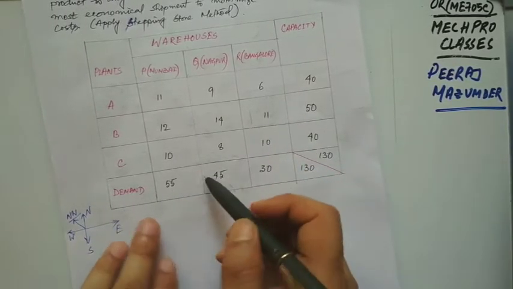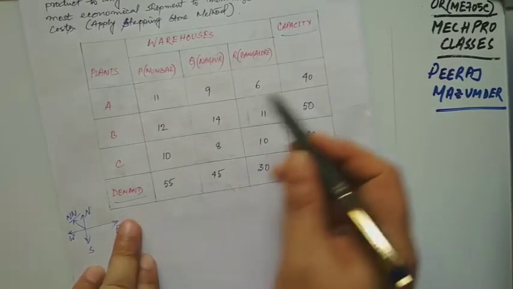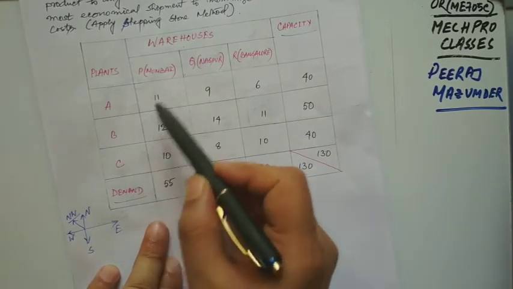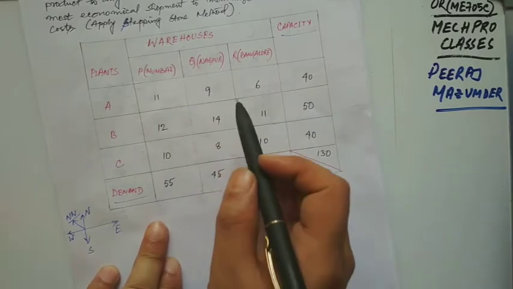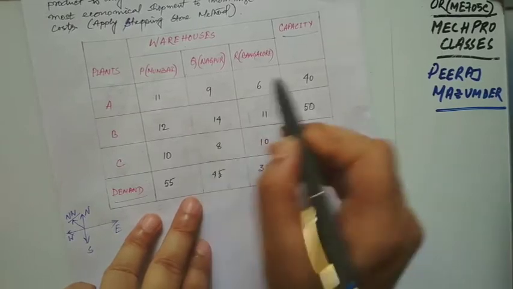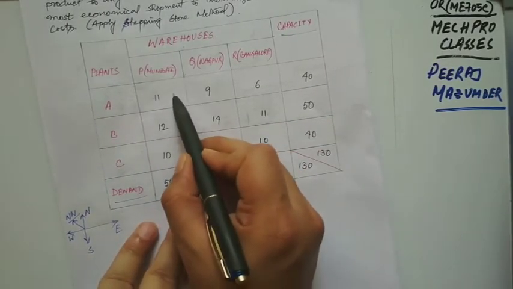So you can see here, this is the capacity given and this is the demand given. We have to allocate in such a way that the transportation cost from these plants to the destinations, say P, Q and R, becomes the minimum. So we have to optimize. Let us see. In the northwest corner method, this is the northwest direction, so this is the cell we have to allocate.